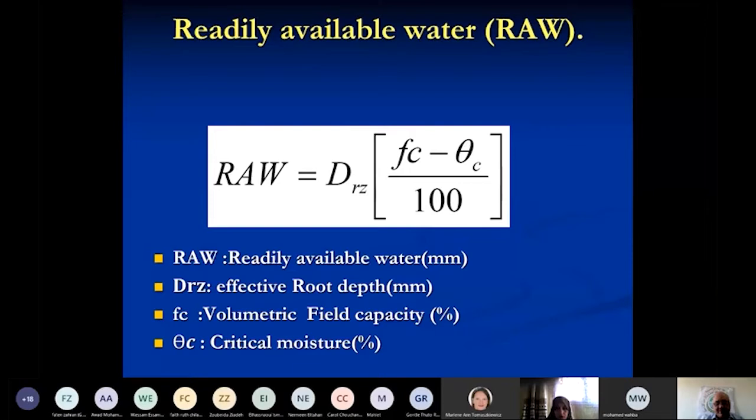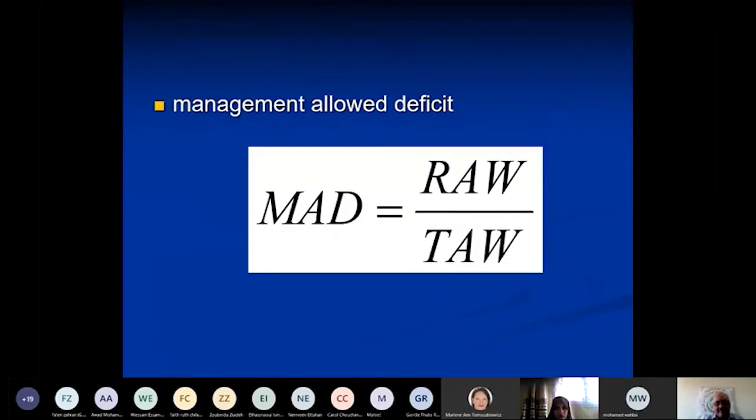This part, of the total available water, we refer to as readily available water. So readily available water is a percentage of total available water. This percentage could be 20%, 30%. This percentage we refer to as MAD, management allowed deficit. So how much water we allow for the plant to consume from the total available water before we irrigate again. So MAD, this ratio